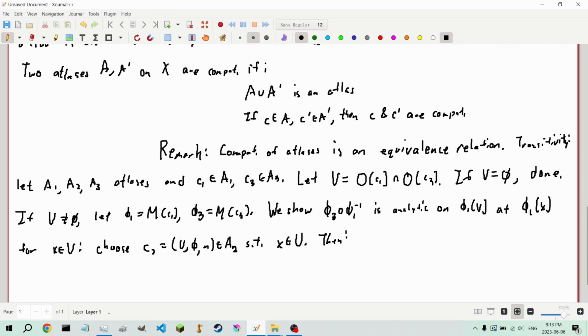Well, first off, taking an image in the intersection of U and V, mapping it through phi inverse, and then through our map phi in our second atlas, is a mapping from the image of U intersect V by phi_1 to the image of U intersect V by phi, and is analytic at phi_1(x),